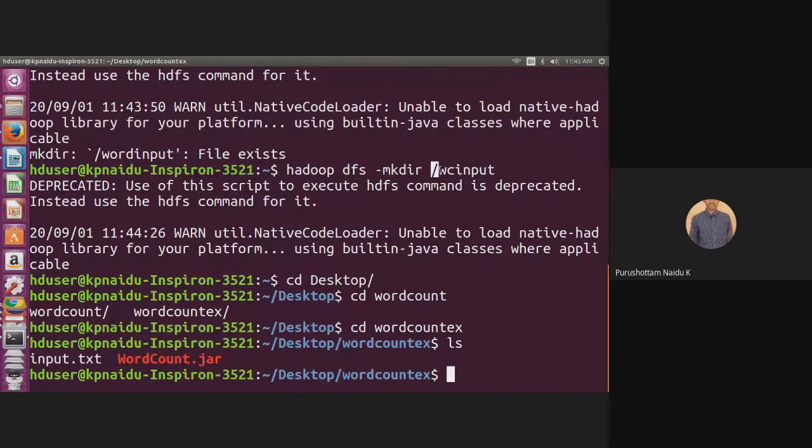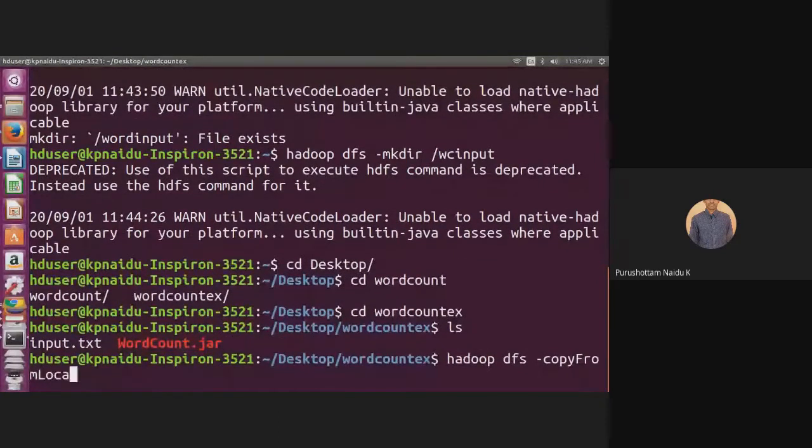To copy a file from our local file system into HDFS, one of the most important commands is hadoop dfs -copyFromLocal. In copyFromLocal, c is a small letter, F is a capital letter, and L of Local is a capital letter.